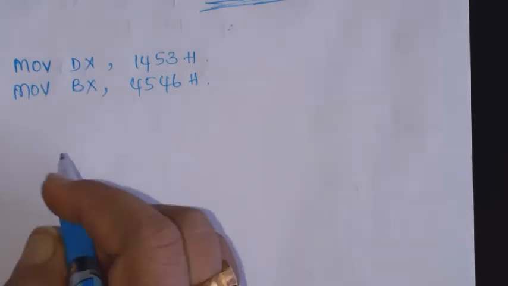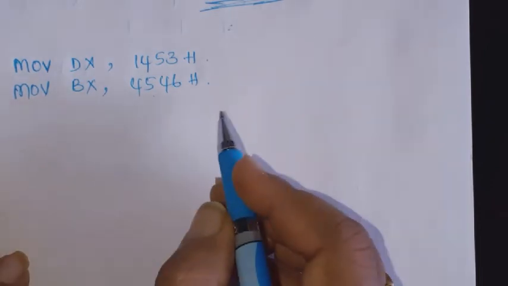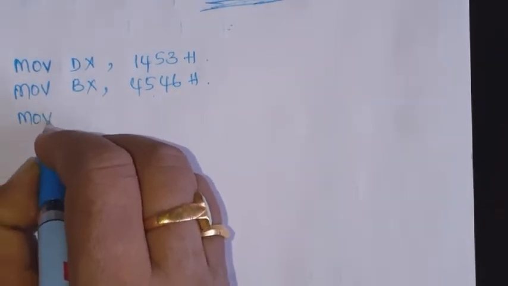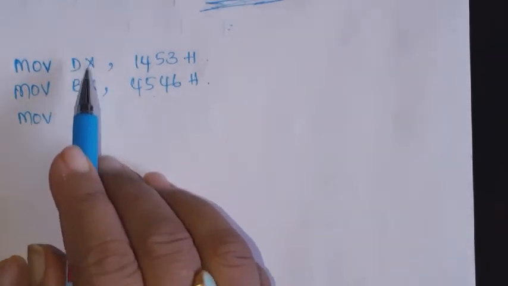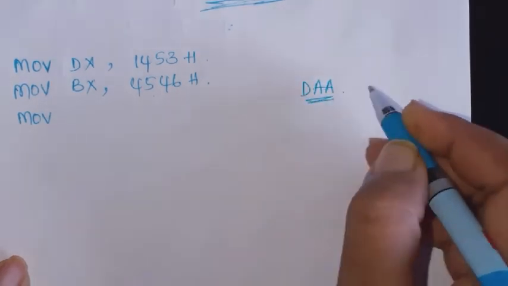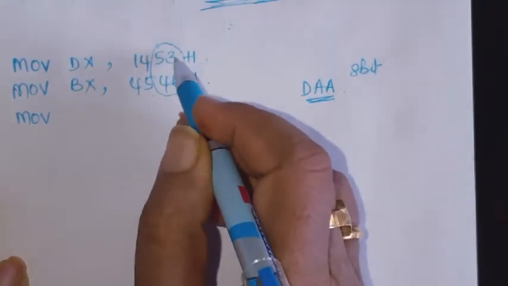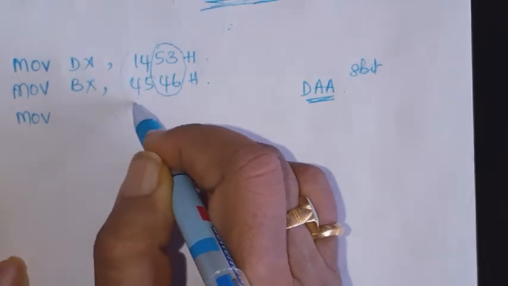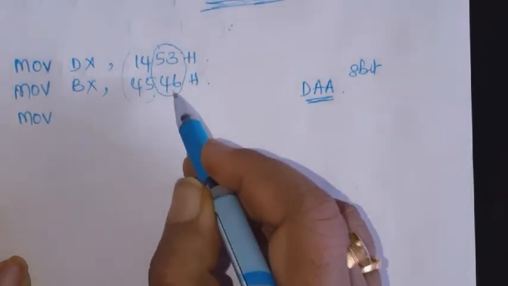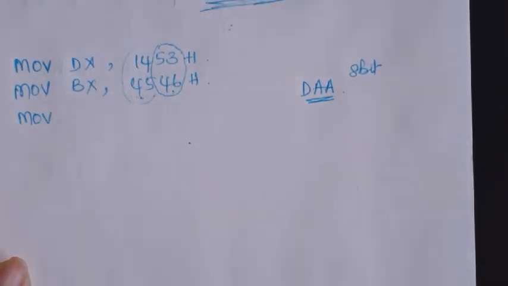Okay, so if I want to add these two and I want the result as a decimal result, then what do you need to do? You cannot just add these two as they are, because the decimal adjust DAA instruction will work on only 8-bit data. So you need to add these two numbers first, then along with the carry add the next two numbers and adjust to decimal. And one more condition is the result should be in the AL register.